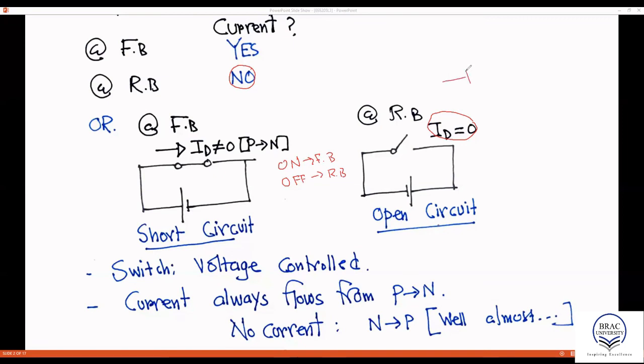So now, this way we can explain the symbol for the diode. As already said, this is our P side, this is our N side. The arrow indicates the direction of current flow. So that means always P side to N side. The current always flows in the direction pointed by the arrow. The bar indicates that no current can flow, so no current can flow in this opposite direction.